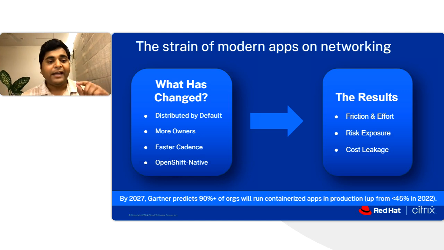Finally, the teams expect OpenShift native patterns. They want to use Kubernetes constructs, Ingress today, newer models when ready. And they want everything in the CI/CD pipeline. So as a result, all of this shows up as friction or toil. The networking work becomes tickets and copy-paste configs across the clusters. Simple updates slow down because three teams need to coordinate.